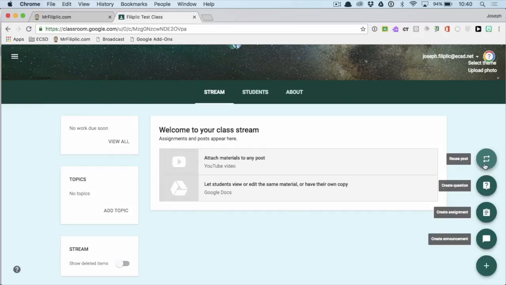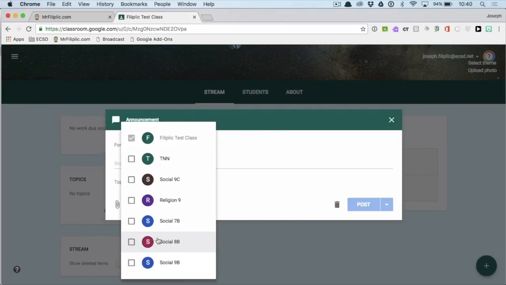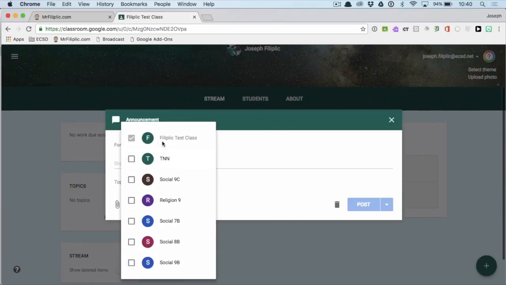Not reusing posts necessarily from the class that you have open, but from another class that you have active. So let's start and let's create an announcement. So again, plus sign, choose create announcement. And who is this for? If you click the down arrow where it says your current class, you can post this to multiple classes if you want. I just want to leave it within my test